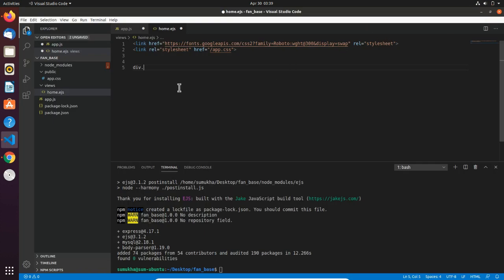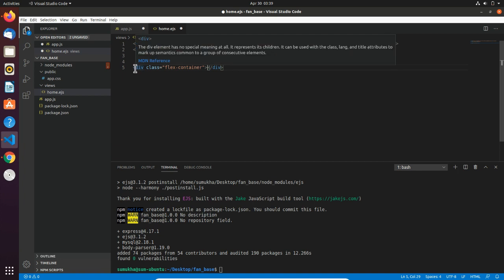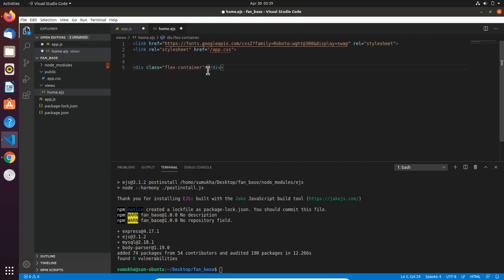So for that I am using a div tag, div.flex container, hit tab, or else you can type all this, a less than symbol, div class flex container, and a slash div, or else you can just do div dot flex container and hit tab. Both will give you the same result, just wanted to show you guys.